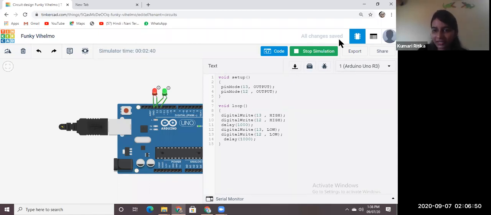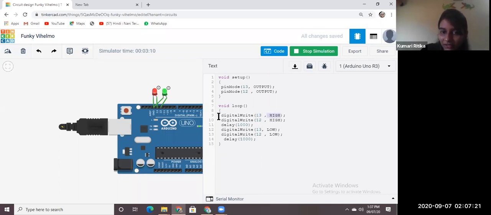No need to join the registers now. To turn on any output device, we write digital write, and then the pin number, then either high or low. Pin number 13 is for the red LED, so we have written 13, and then high.